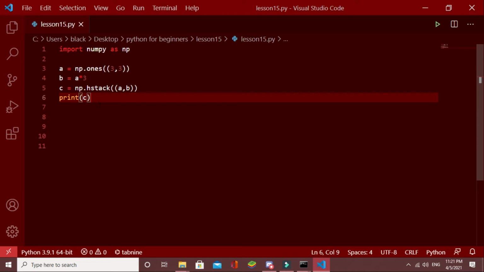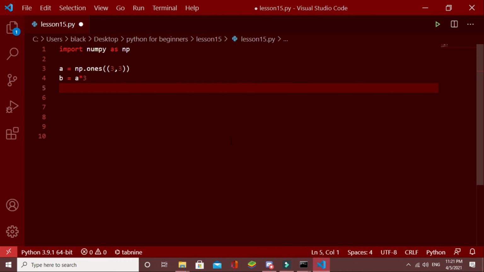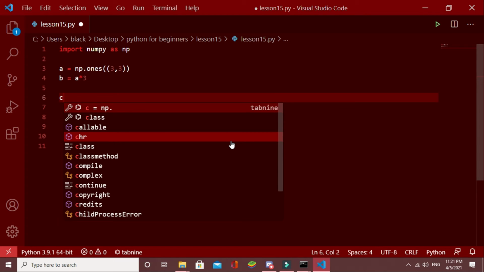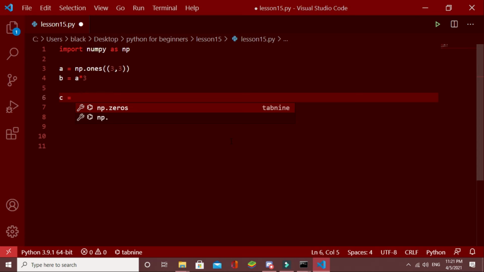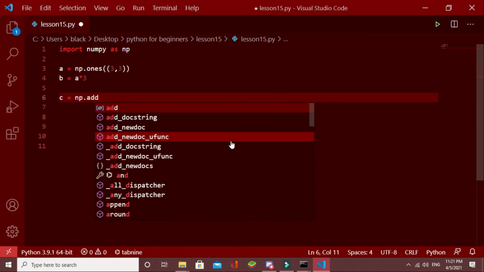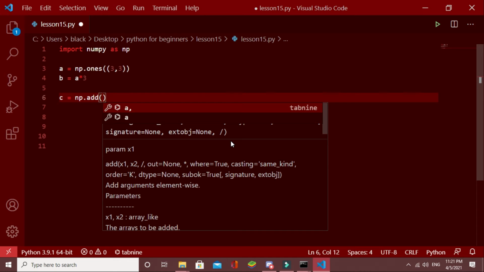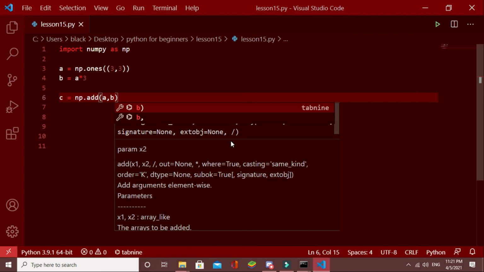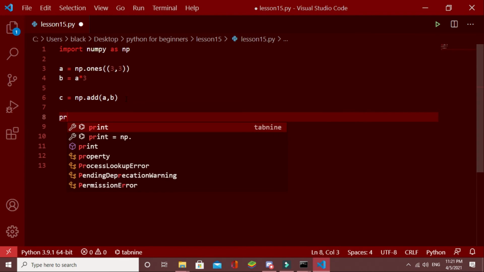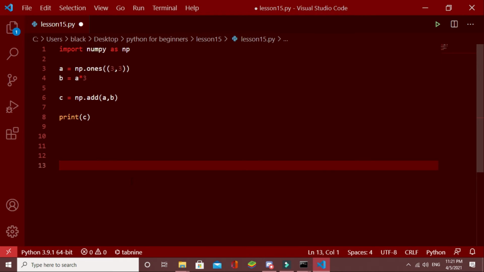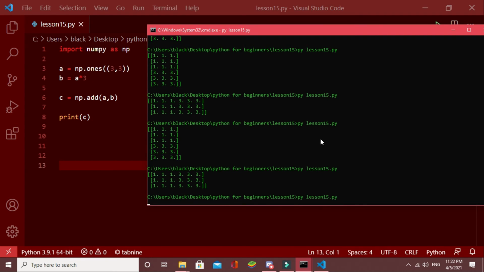Now let's see some small operations in NumPy. Let's say we want to add two matrices. I'm getting this A and B. What we have to do here is get A plus B into the C array. We can do np.add, then inside we have to give what we are going to add. In here A, B, and then I'll print C. Let's run the program.